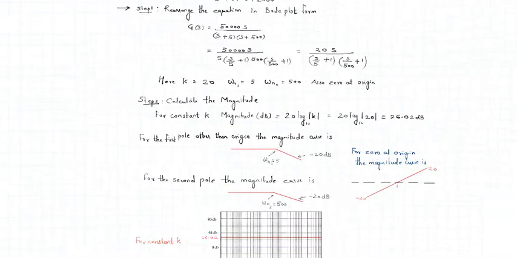One more pole at origin, right? You could see here there is one more pole at origin. So how would the curve be? The curve is again a straight line with zero magnitude and a roll off rate of 20. The value at which we get this roll off rate is omega n2, that is 500. So this is the characteristic curve for a pole other than at origin.